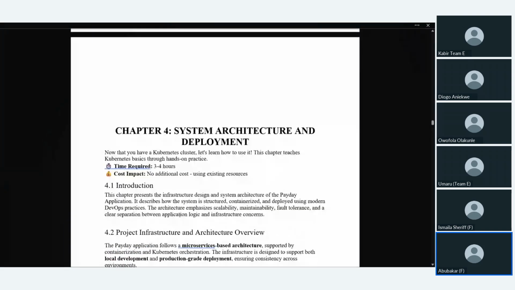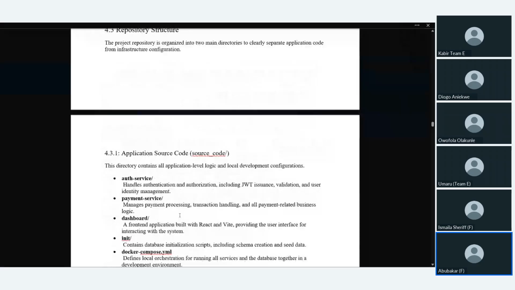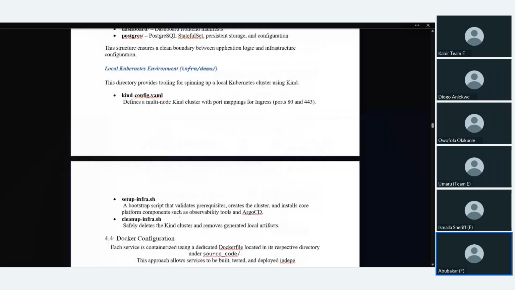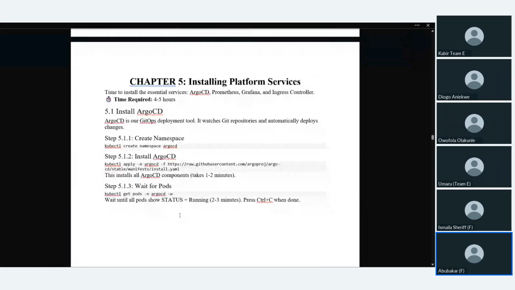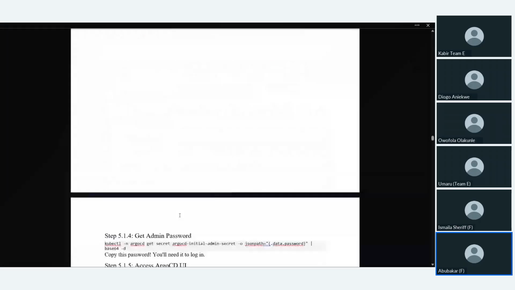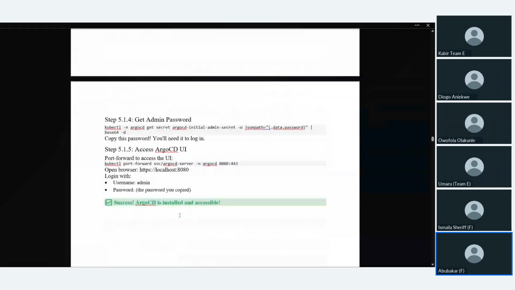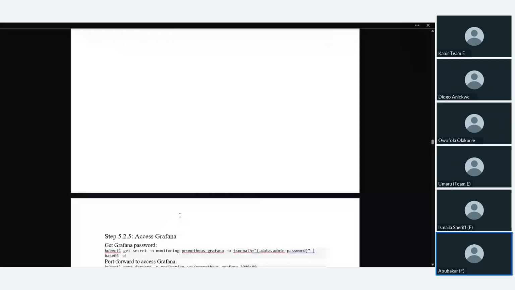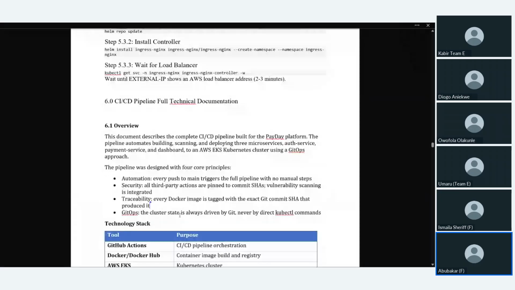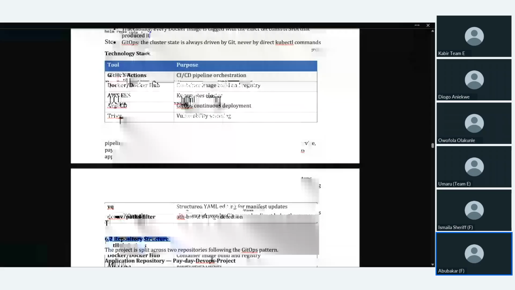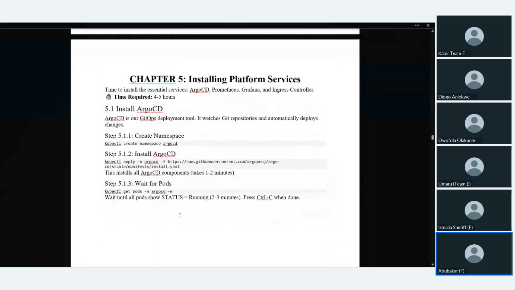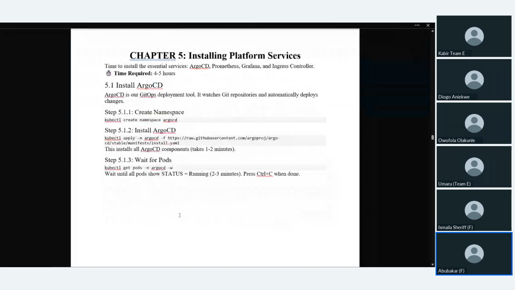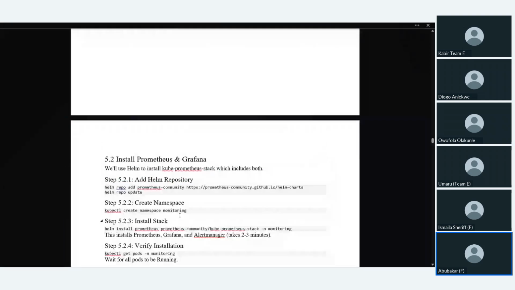I was tasked with the CI/CD pipeline, so I'll just give a high-level feel because of time. The stack I went with was GitHub Actions. I made use of Docker and Docker Hub, AWS EKS, that's where the Kubernetes cluster was. I used Argo CD. I also used Trivy for vulnerability scanning. I used yq for editing and updating our manifest files with the images and their tags. And I also used Donny, which is a GitHub action.